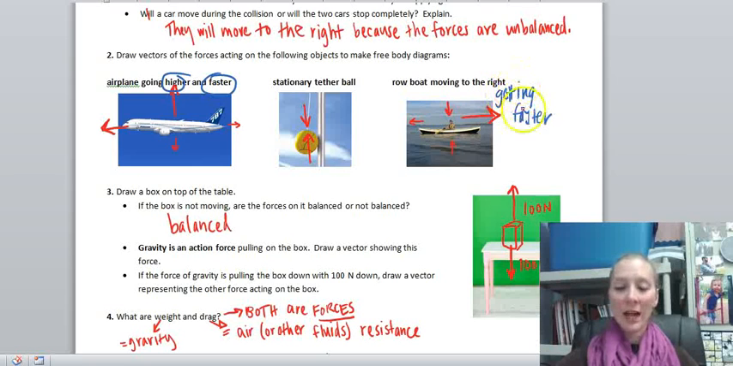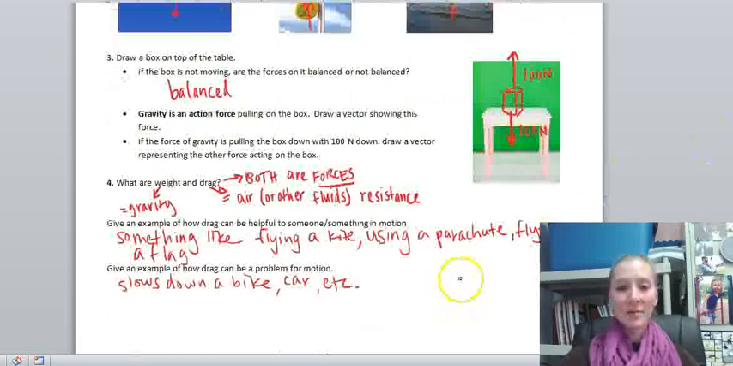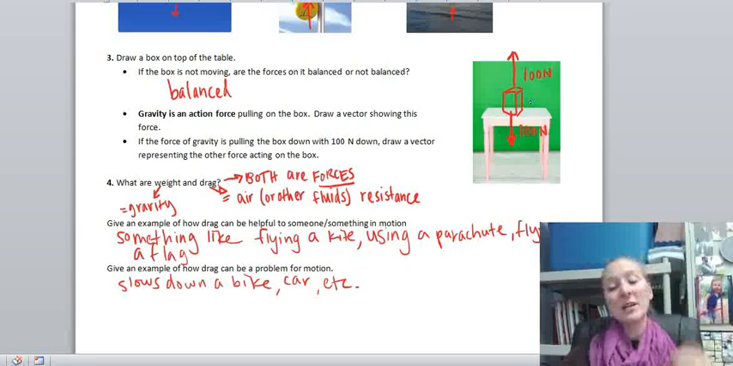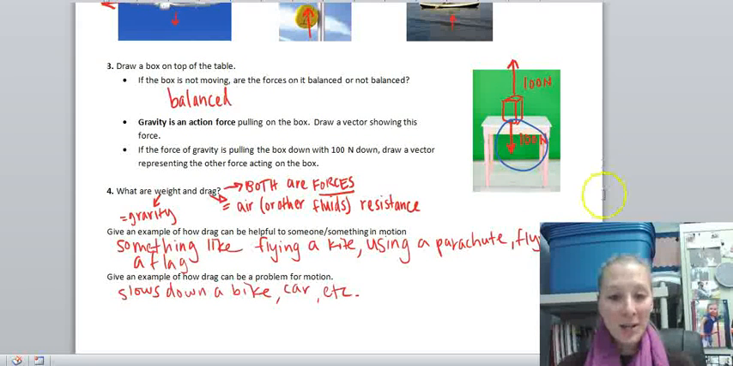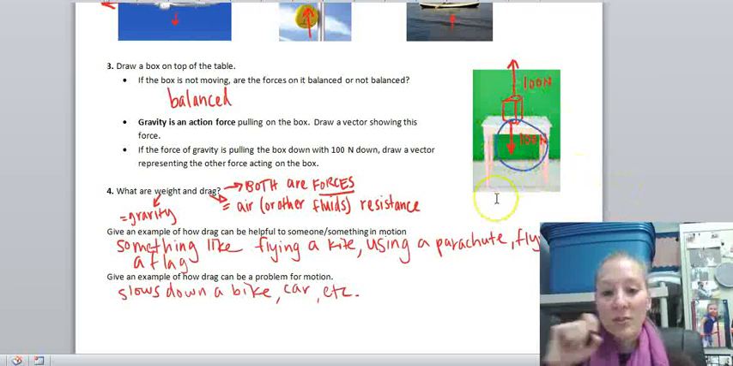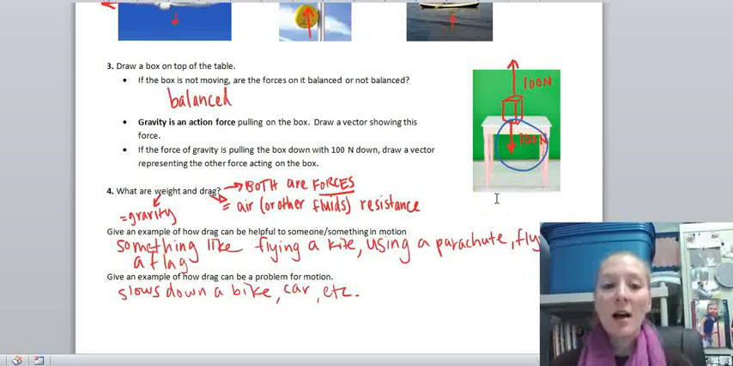All right, the next one we'll look at is this one here with the box. So you should have drawn a beautiful box, as you see here on the table. And we know that if it's not moving or changing, it is balanced. So now we look at the next dot down, which is gravity is an action force pulling on the box. So I've drawn that here, pulling it down to the earth. And then it says it needs to be at 100 newtons. Okay, so we've got our 100 newtons here for gravity,